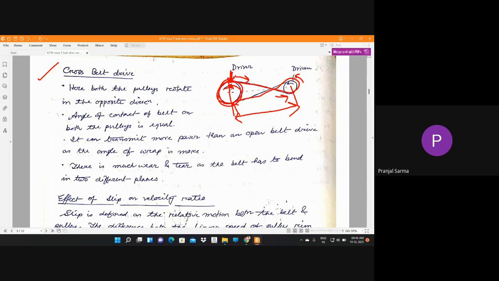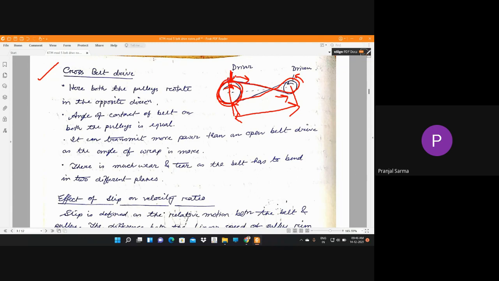And from the center it makes a particular angle, and this angle of contact is the portion where the belt is in actual contact with the pulley. So that subtended angle is known as the angle of wrap or angle of contact. Now in case of your cross belt drive,